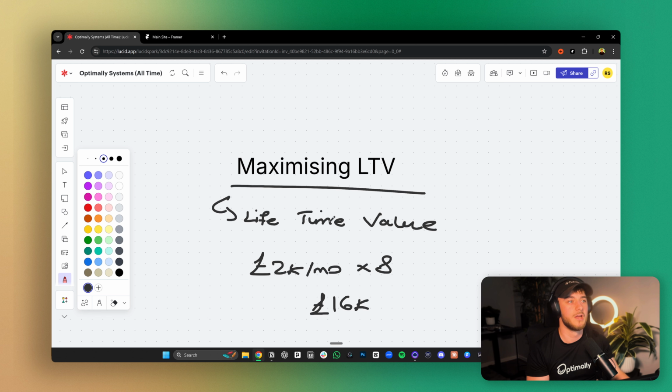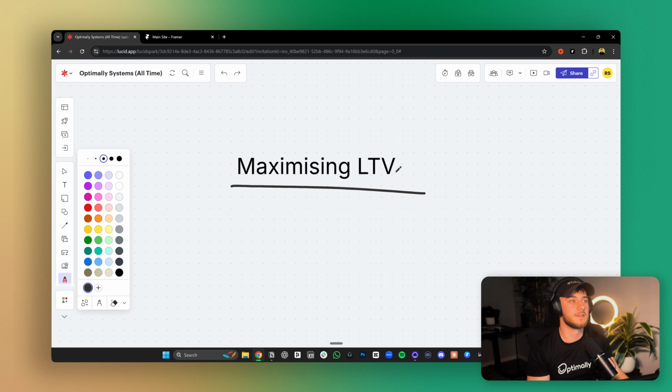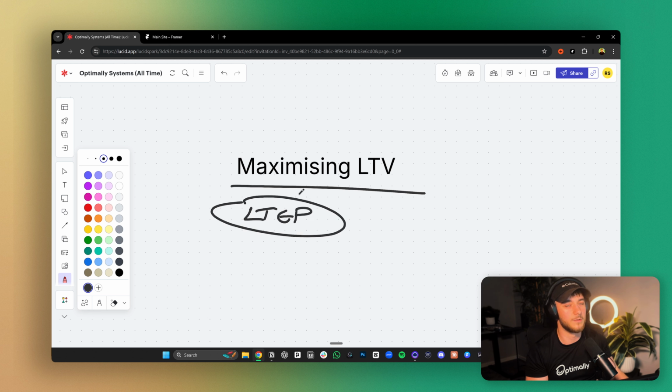So super simple, but it's super important you're monitoring this lifetime value. That's revenue, by the way, but also the profit. So you estimate your profit margins and you have lifetime gross profit, which is super important for monitoring, because then what you can do is actually have this ratio that you're looking at.